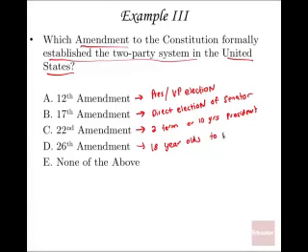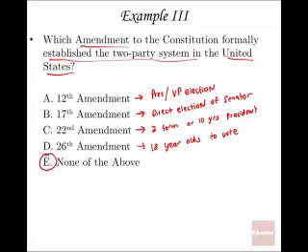Not that they weren't allowed to vote before, but states had the discretion on whether to put the age limit to 19 or 20 or 21 even. 26th Amendment basically took that matter out of state hands, and once you turn 18, you're allowed to vote. So you can't be discriminated based on that factor. So the answer is none of the above. So this one, there is no amendment to the Constitution that establishes a two-party system. It's just one of those informal developments that came about just as a result of human desire to congregate and